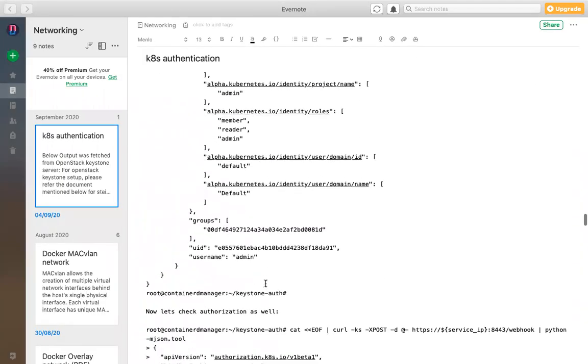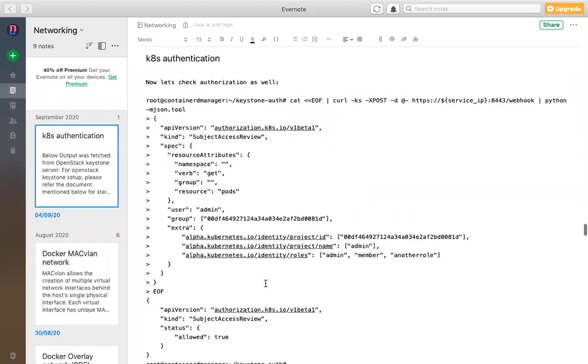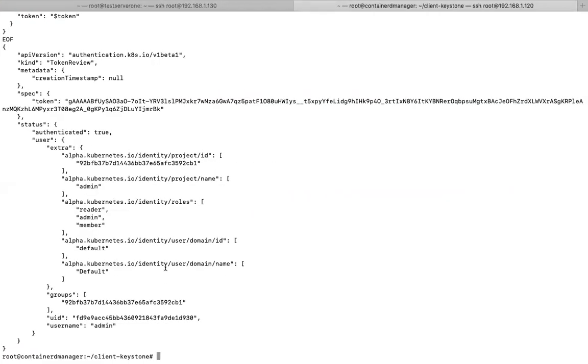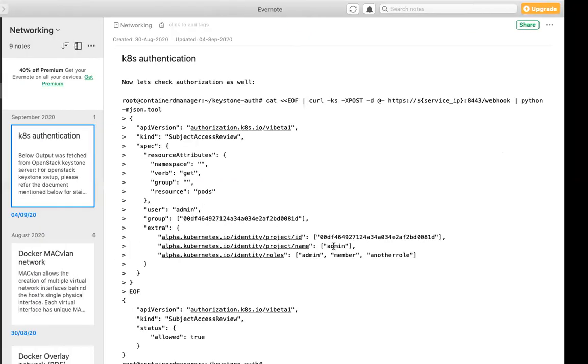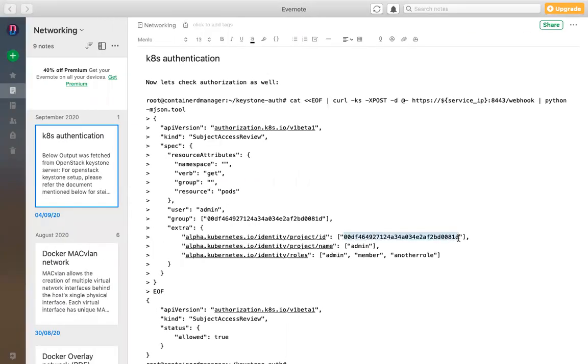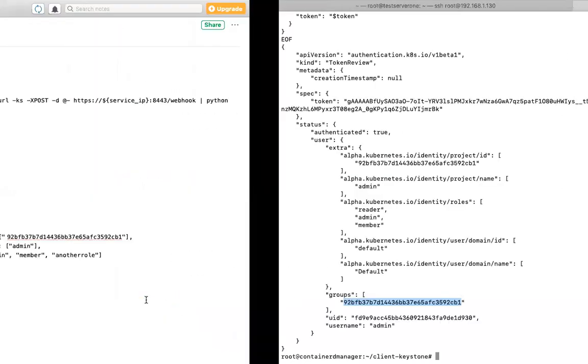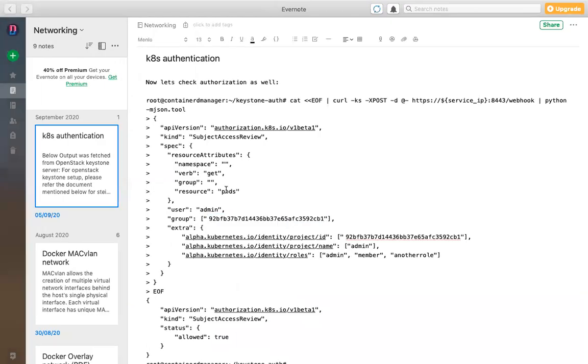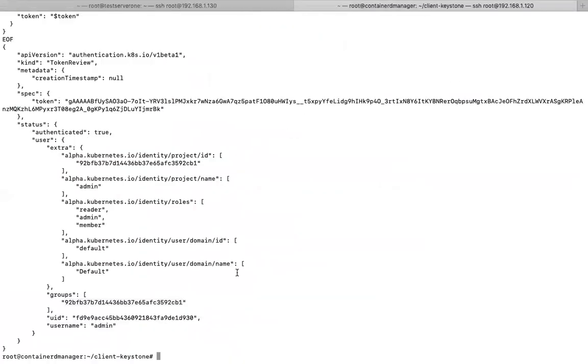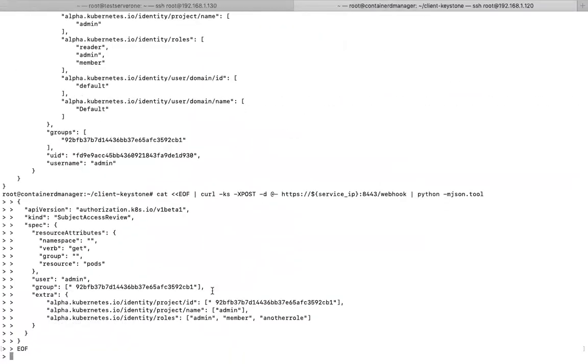Let me try to update the project. What's the project ID? You can get it here. Update this particular project ID over here and here as well. I think we have groups here. Let me copy this same thing, and let me try to execute this. This is for authorization. It will tell you whether you are authorized or not. So just enter. What happened?